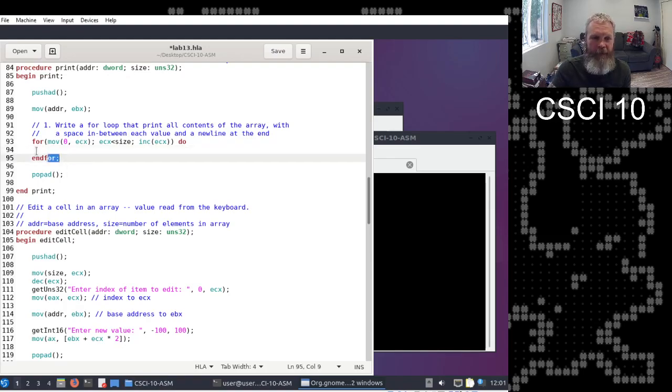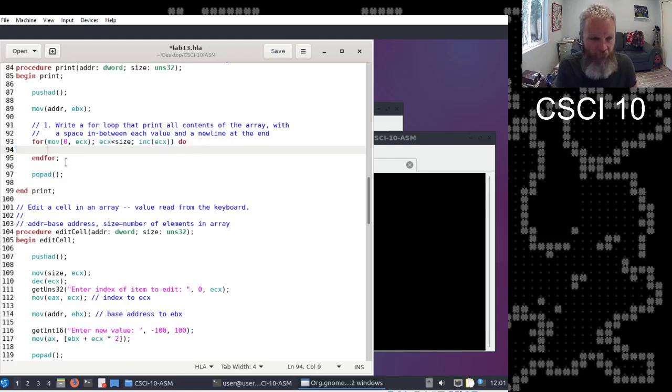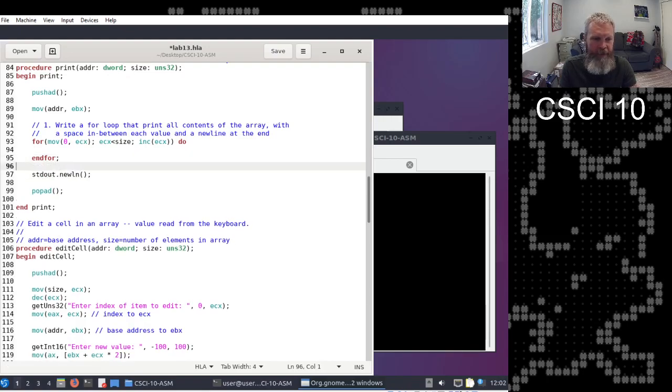Okay, so there's the loop, looping for the size of the array. So you're going to need this kind of loop in the second project. And what are we doing? Oh, just printing the contents of the array with the space, and a new line at the end. Well, that part's easy because I'll just wait until after the loop and print a new line, and that's the end. Okay, so how do we print out